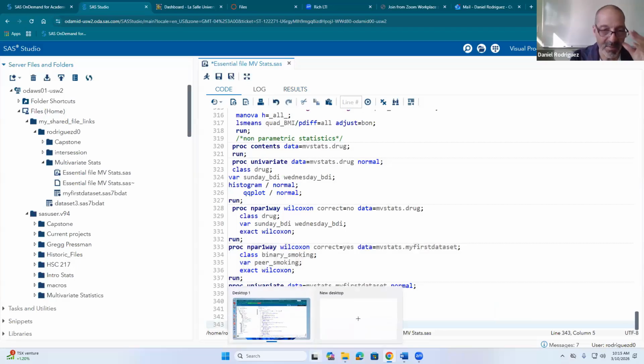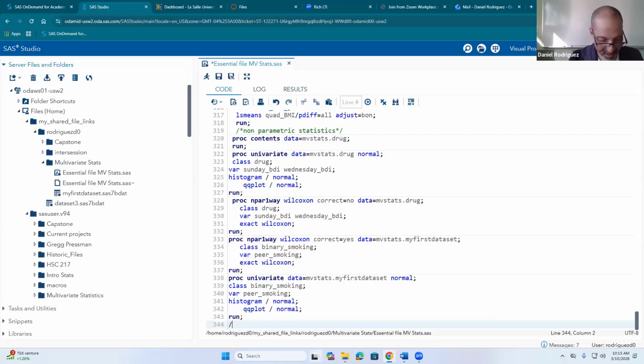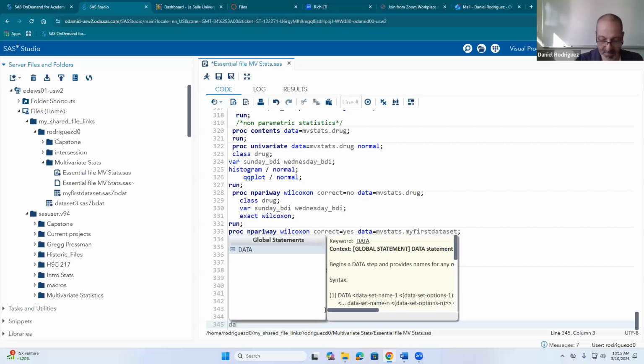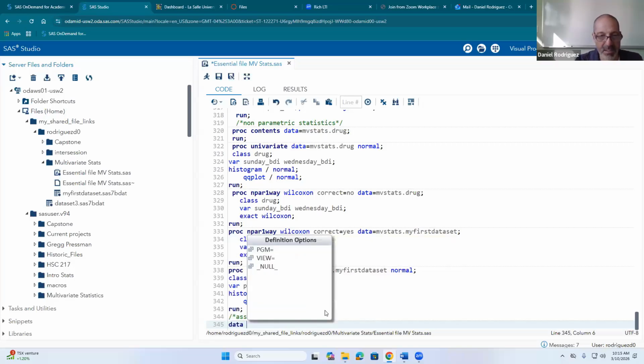Let's call this assignment 3. Make sure you're watching this because people are going to ask me, I don't know how to do that. Well, I'm showing you right now how to do it. First of all, my data set is MV stats dot my first data set. So I'm going to just create a new data set. Data, and I'm going to call this